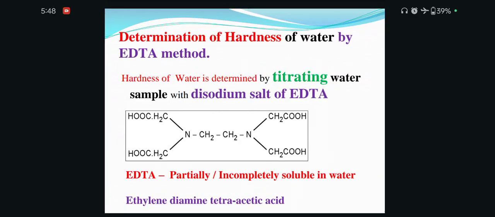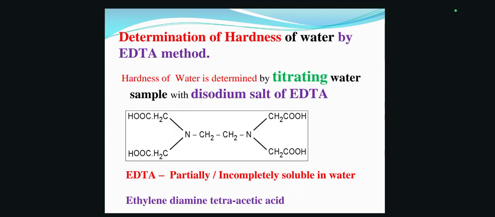Hi dear students, we are going to discuss determination of hardness of water sample by EDTA method. Means what? Here simply we are going to find hardness of water sample, that is how much hardness is there